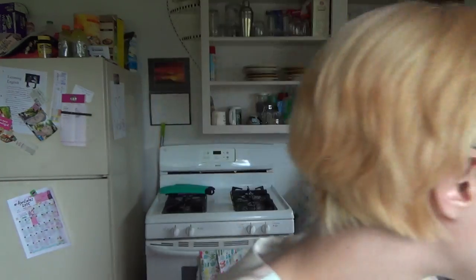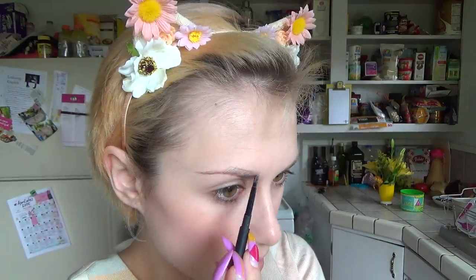So it looks like this. And I'm going to just go ahead and do what I do. I actually have a specific photo tutorial for this. If you're interested, I'll link that. It's on my blog. Okay, once you've got the outline pretty even and you look like a psychopath, next step that I do is